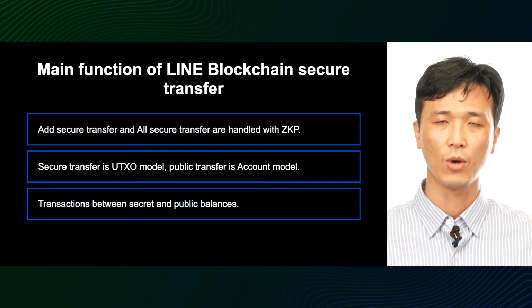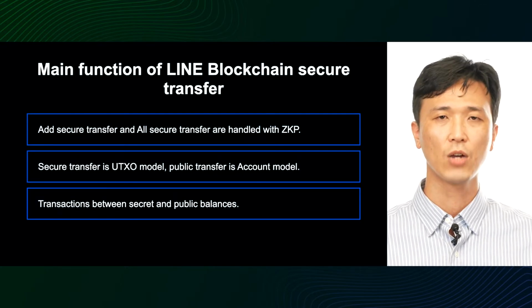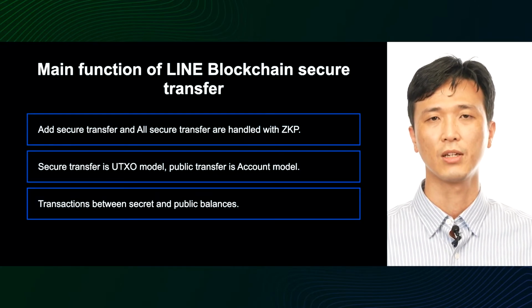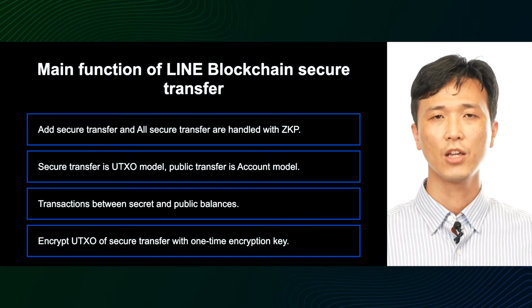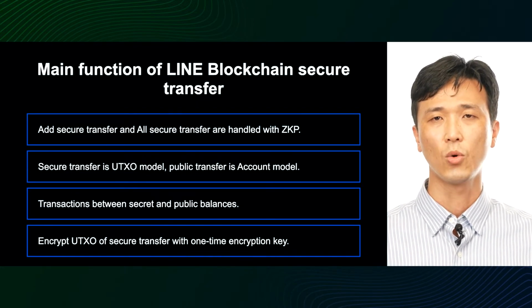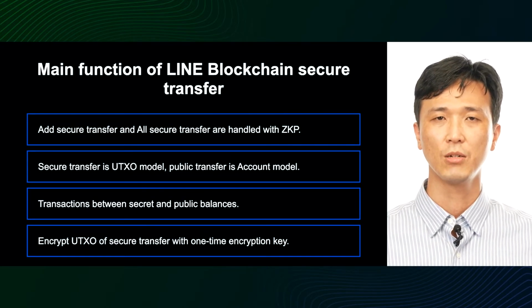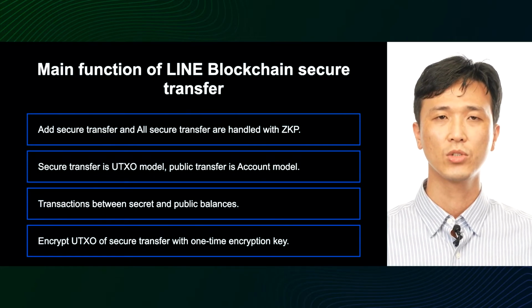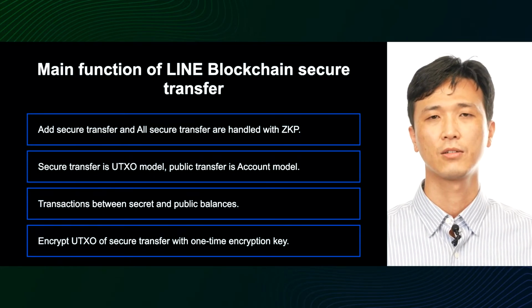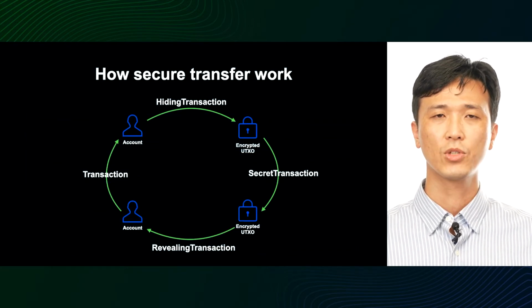Third, transactions between secret and public balances. So it should be able to be transferred freely. And finally, encrypt the UTXO of secure transfer with a one-time encryption key. So we made it hard to infer the owner of the encrypted UTXO by creating a new encryption key for